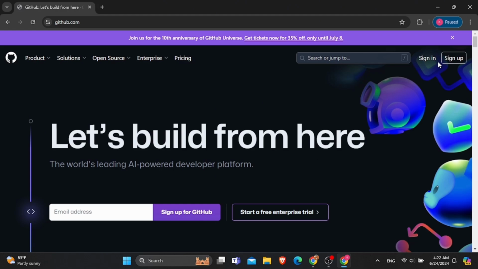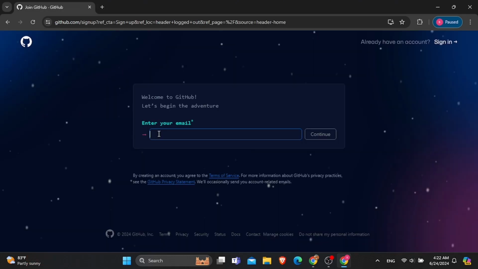After that, at the top right corner, you see two options, sign in and sign up. If you already have an account, choose the option of sign in and provide your details and then sign in into your account. If you don't have an account, click on sign up and then provide your details to create a new account. So here I have chosen the option of sign in to sign in into my already existing